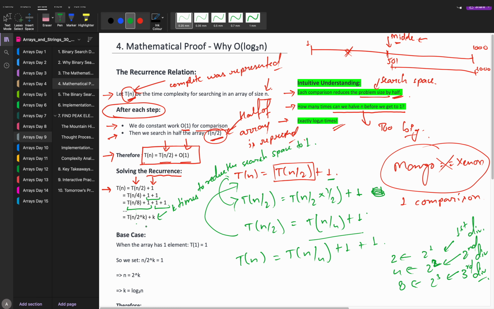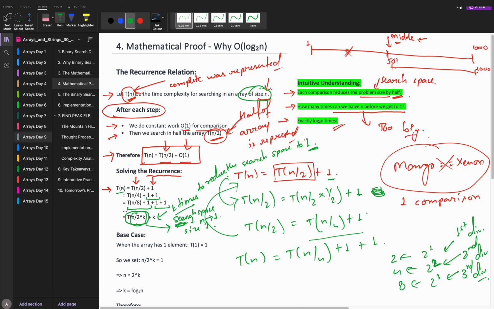to 1. So I did it k times, okay. Now if the search space reduced to 1, then what was T of n defining? T of n was defining the problem for an array of size n. So if I am saying that I divided k times to reduce the search space to size 1, it means this T of n by 2 power k is defining search space n equal to 1, search space of size 1. Or in short, n has become 1, meaning whatever n was replaced by, the whole value of it has become 1.